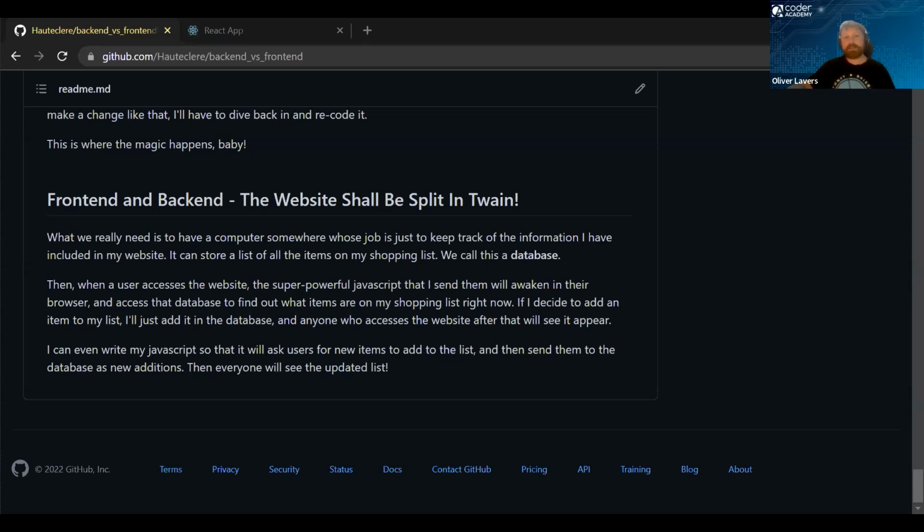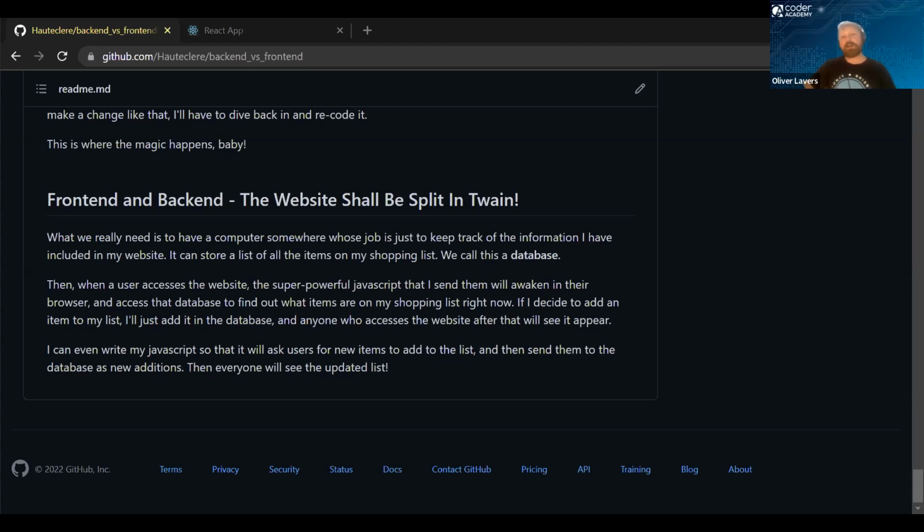And a database is really just a computer somewhere that has a big table, almost like an Excel spreadsheet, that contains all of the information that we want to store. Then what I can do is write a JavaScript website whose only job it is to present whatever information that database contains. So what's going to happen is I am going to set up the website. People will request access to it.